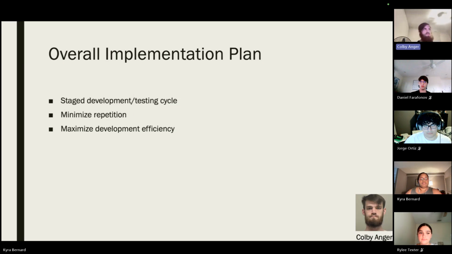So overall, as stated repeatedly, we're going to do that sort of stage development and testing cycle. It's going to be a very lengthy process of implementation for this, with a lot of moving parts that need to be synchronized. Each application on their respective platform is going to be receiving the same decisions from the API as they would on any other platform. So it's going to be a universal, generic kind of response that'll say, essentially, yes, you are allowed to view this content, or no, you are not allowed to view this content with a reason why.